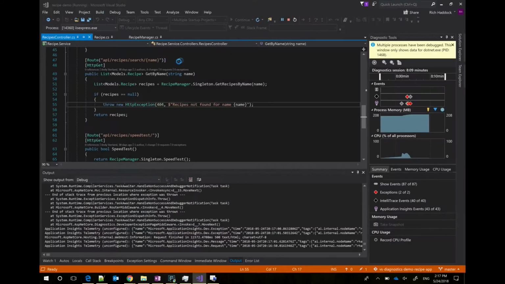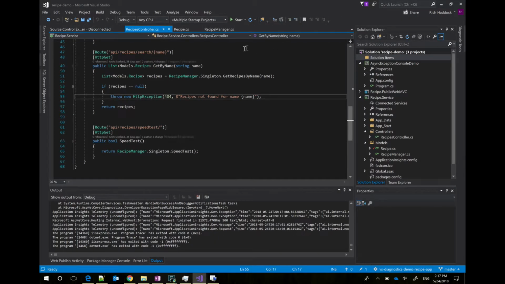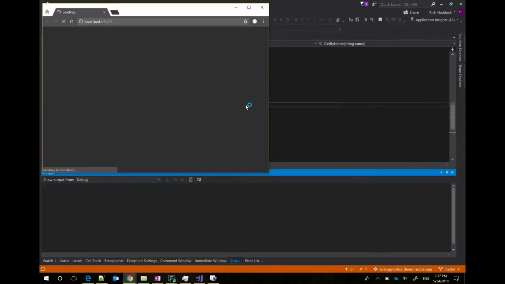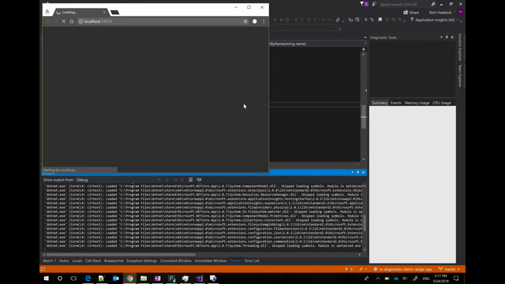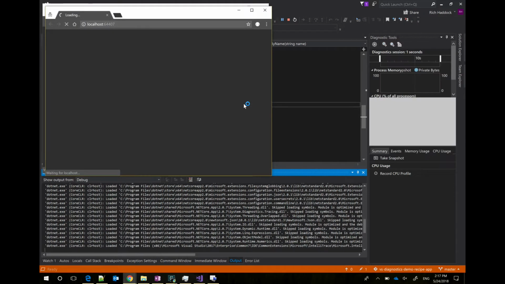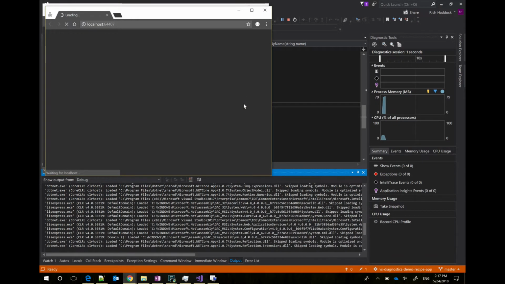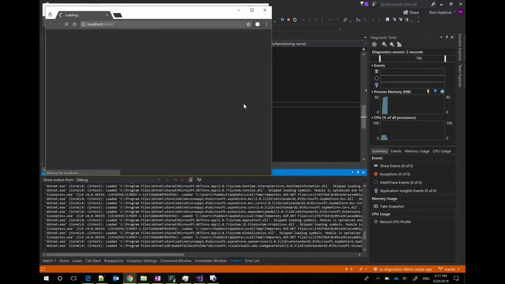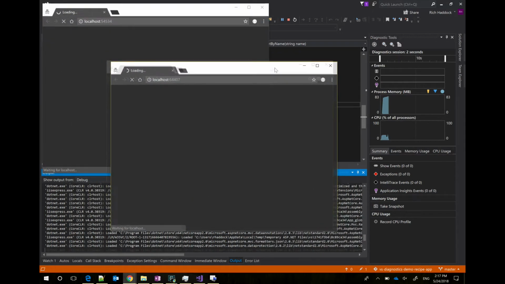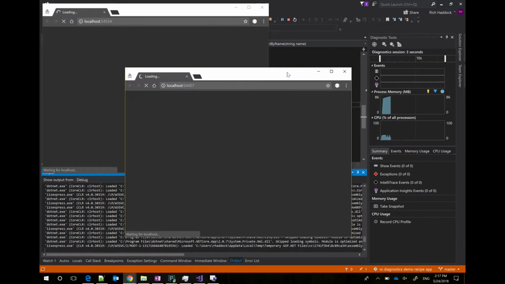So I'm going to go ahead and try to debug this. If you're like the typical, I'm going to hit start, and I've got some breakpoints already set, so I'm going to step into these things. This is a solution that loads two projects. I've got a service backend and a front end. One of these windows is going to error out. Don't worry about that. That's not the problem I'm trying to debug right now.